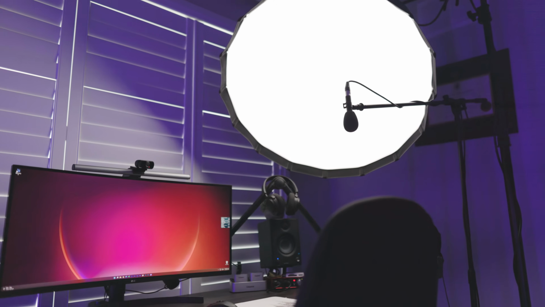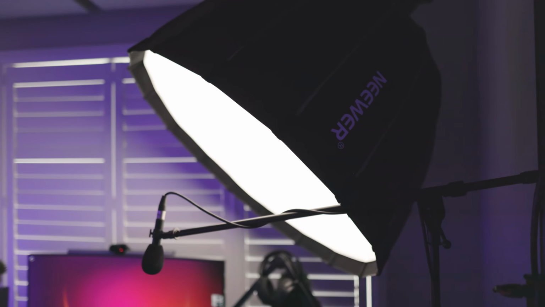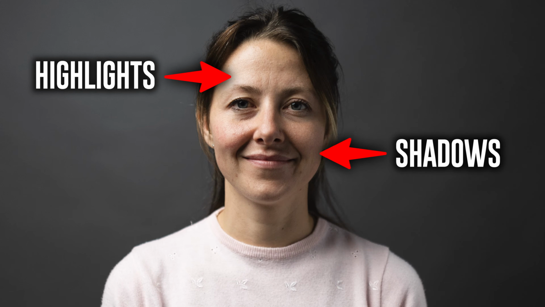In this tutorial, I'm going to show you how to make your pictures and videos go from looking like this to something like this. And the only thing that changed here was my lighting. Effective lighting will not only brighten your scene, but it also creates depth by shaping your subject with highlights and shadows. And for this reason, lighting can be one of the most obvious differences between an amateur and a professional